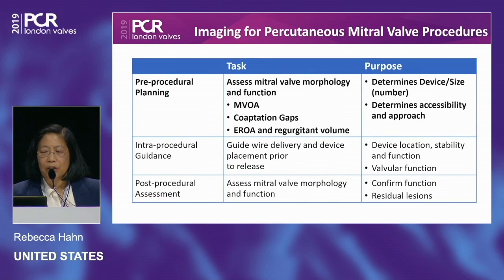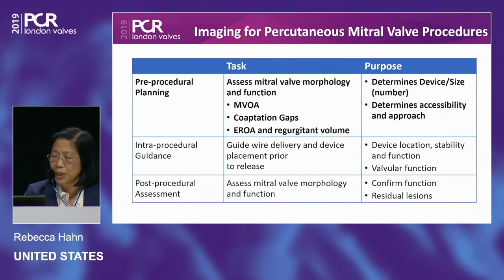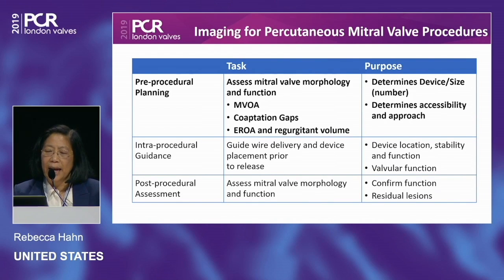And the goal of imaging pre-procedurally really is to assess the mitral valve morphology and the mitral valve area. That allows us to know how many devices we can put in safely, because again, a reduction of about 50% of the mitral valve area at baseline will occur with a single device. And then we need to know the coaptation gaps. That will also help us determine device appropriateness, but also how many, and then obviously the severity of the